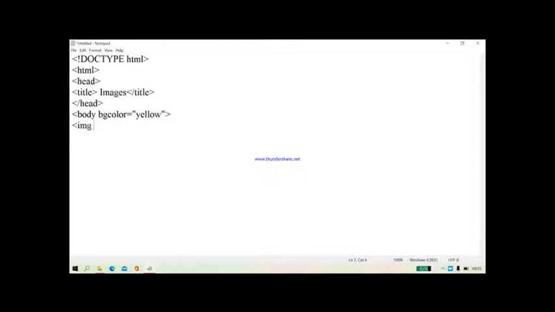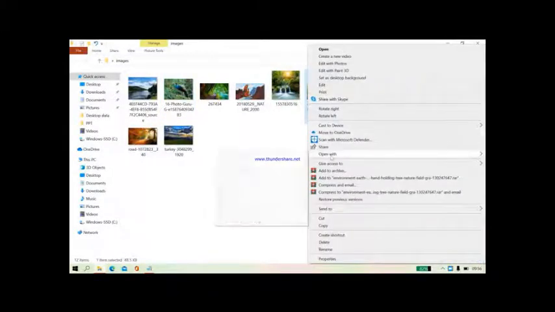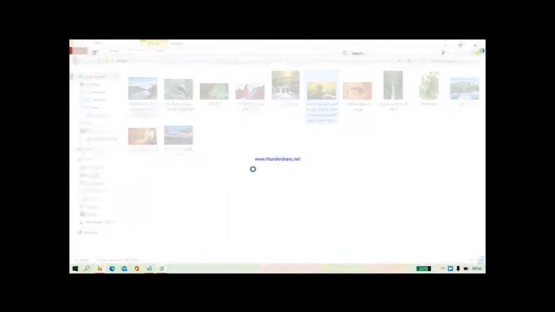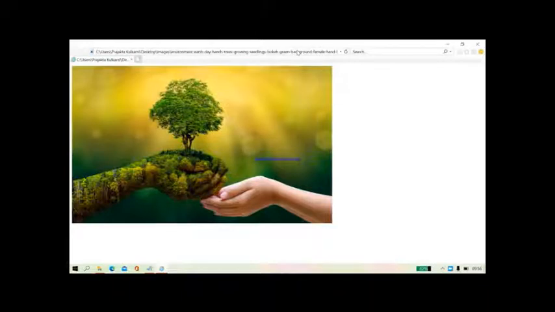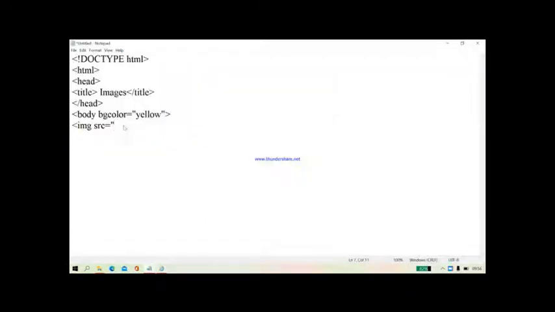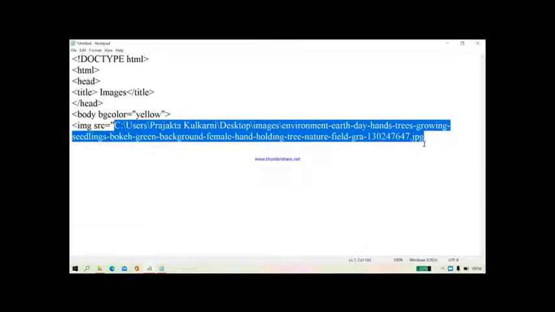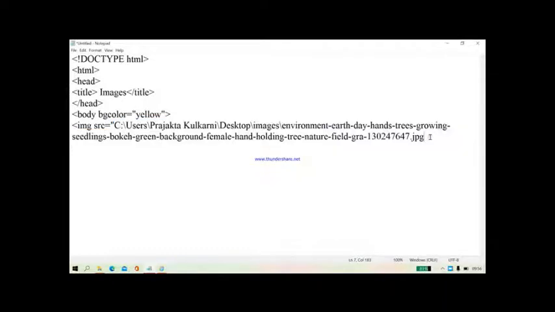Now the first tag, that is, img src equals. So you can insert the first image. To insert the image, first we require the path of the image. I am minimizing this. Suppose I want to take this image first. So right click, and in the same way, open with Internet Explorer. As you open the image with Internet Explorer, you just click on this path and copy. Then come back to your notepad file, right click, and paste. This is the complete path with the folder name, file name and extension. Then complete the double quotation mark.